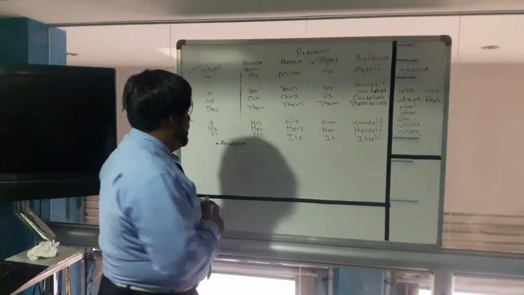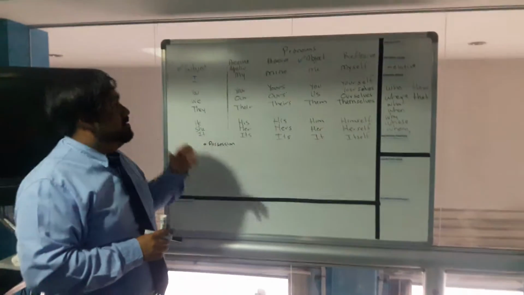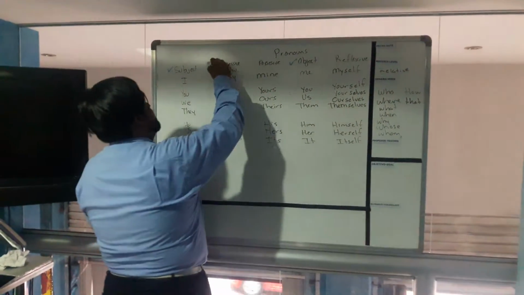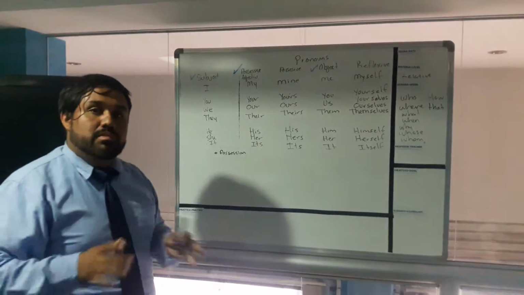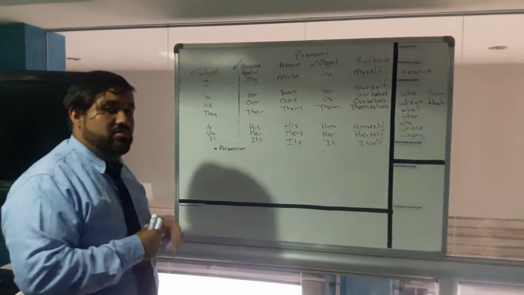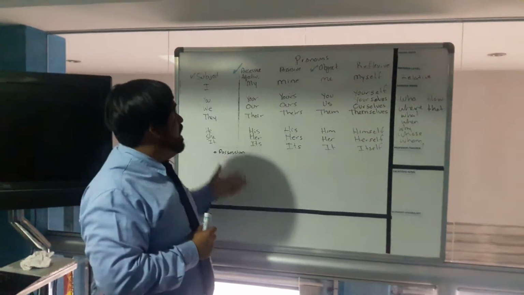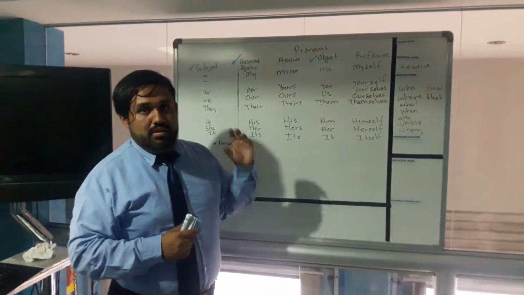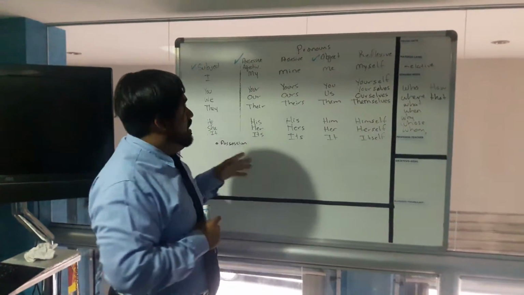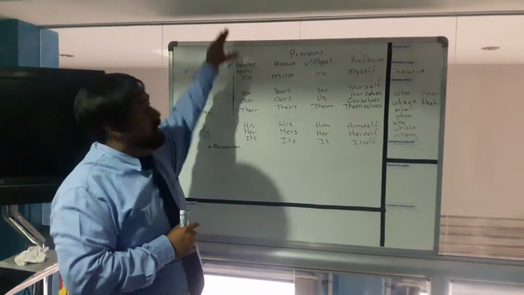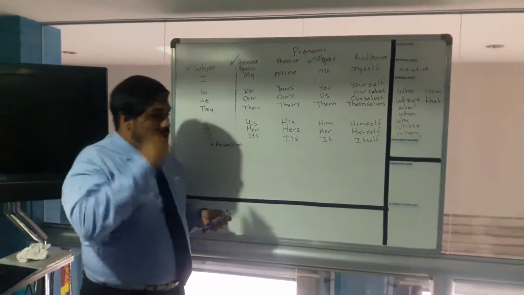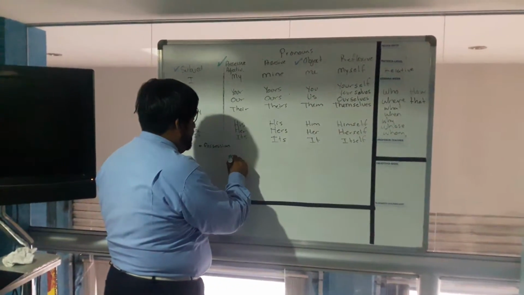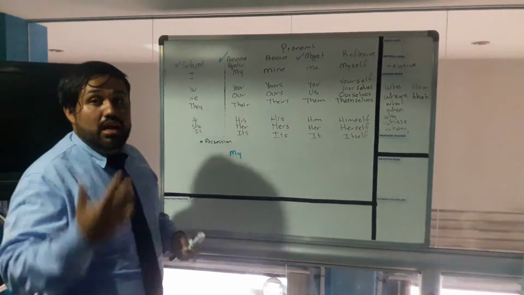Now let's explain possessive adjectives. I remember I told you this is a special case, which is why possessive adjectives exist in the pronouns chart. If you look for it on the internet, you're going to check and you have possessive adjectives. A possessive adjective is an adjective, and if you remember, an adjective describes